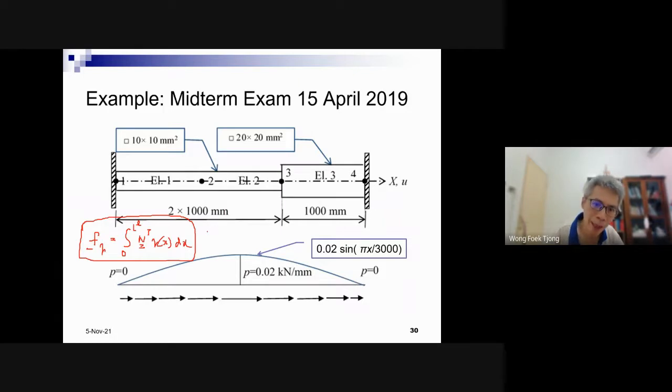How to apply this formula in this context? That's the main problem. We already know the shape function matrix, because that's given; you can see the previous slides. But how about P of x? This depends on the element. For element number 1 and 2 it is different, because this is not the global coordinate. That's very important. This is local